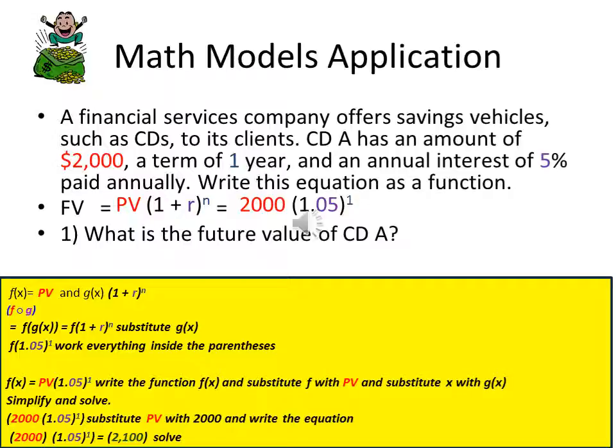Okay, so I'm going to set it up as f times g, which equals f times g of x. Now the way we would set this problem up is we would substitute x with g of x, and our problem would read more of f equals f times 1 plus